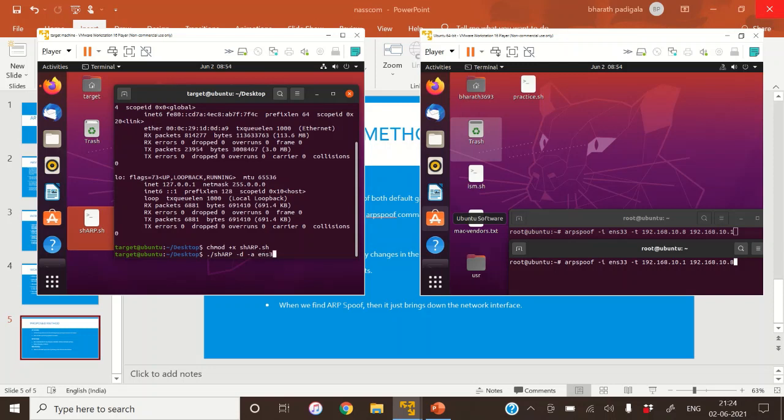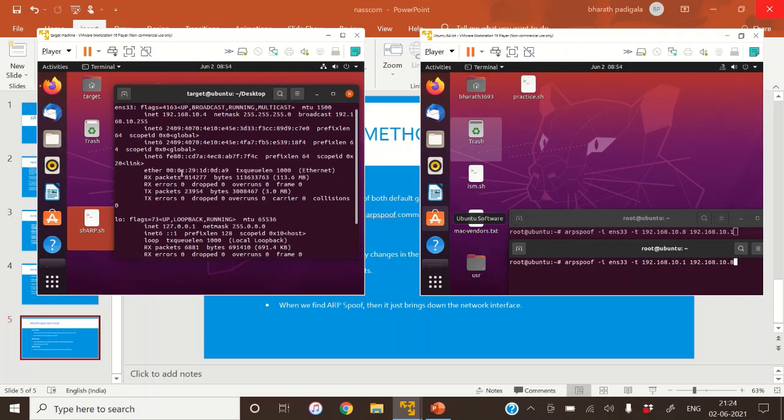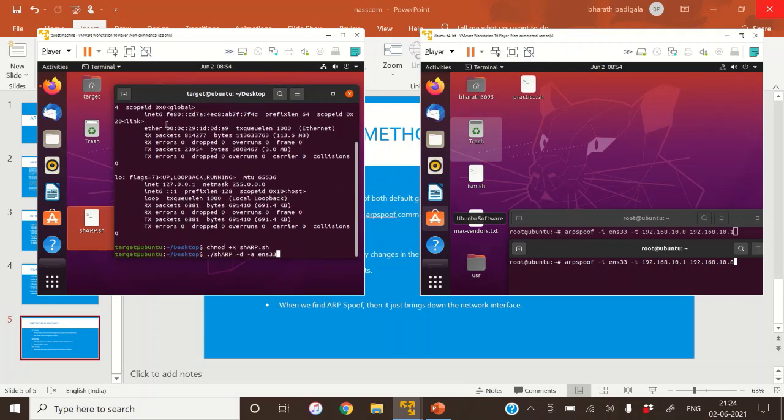We need to run this, and we are telling it to defend our device. It is actively looking for any spoofing. This is the type of interface we need, what kind of interface we are using.